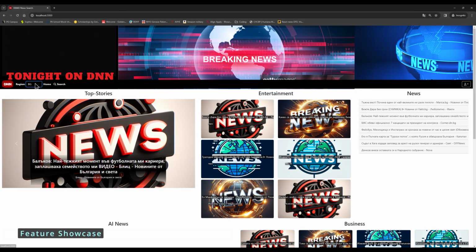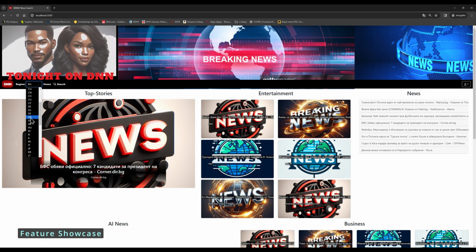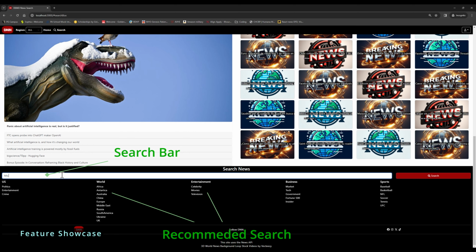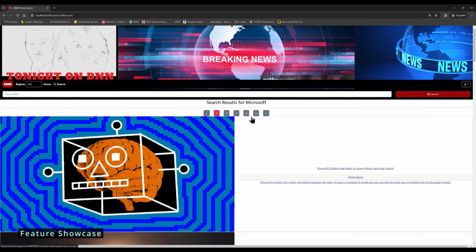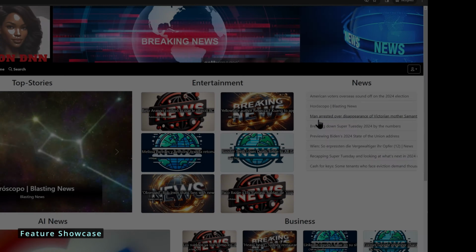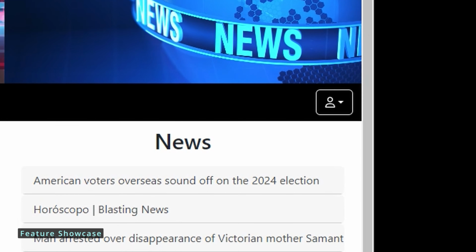These suggestions are not region locked, so they will respond to changes in the region drop-down box. In addition, users will have the option to type in a custom search term or use one of the pre-populated search recommendations below. Once a search is performed, users will be directed to the search page where they may view their results. Let me redirect your attention to the user icon dropdown at the top right corner of the navigation